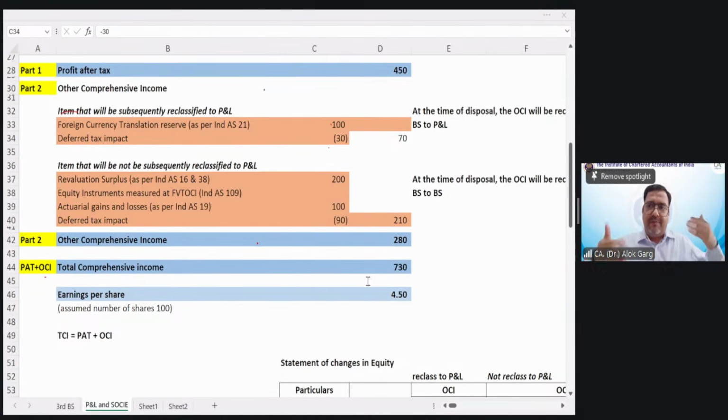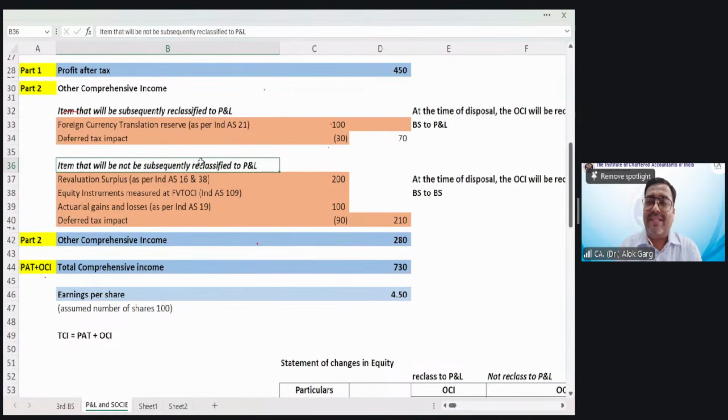And with the help of the income and expenses definition, now you have understood why the concept of OCI exists, why there is a separate bucket given apart from the statement of profit and loss, right? So that the earning per share is calculated right, so that these items can be seen separately by the shareholder, the user of the financial statement. The company cannot mix and the company cannot manipulate also, right?